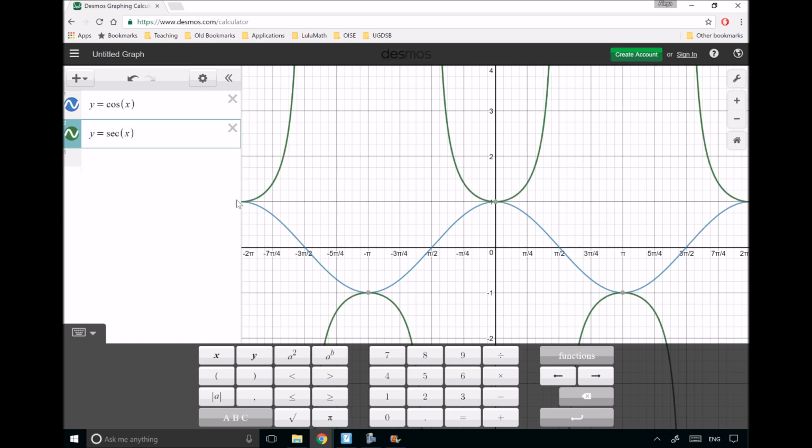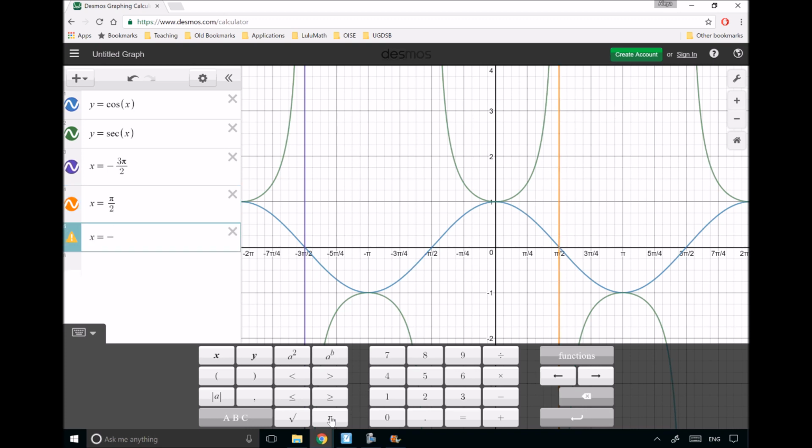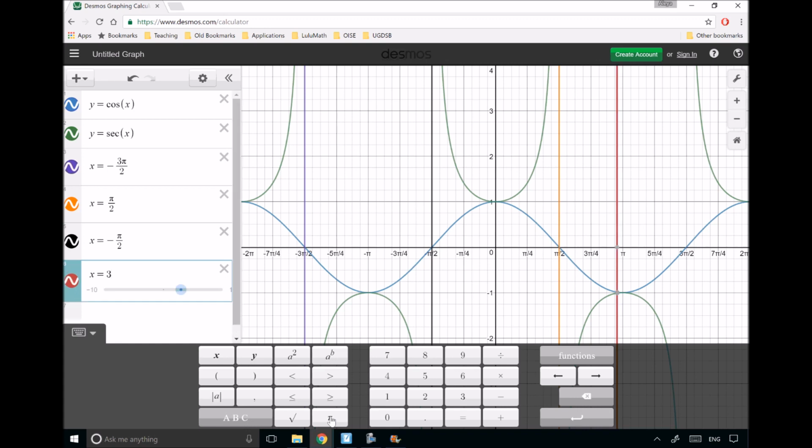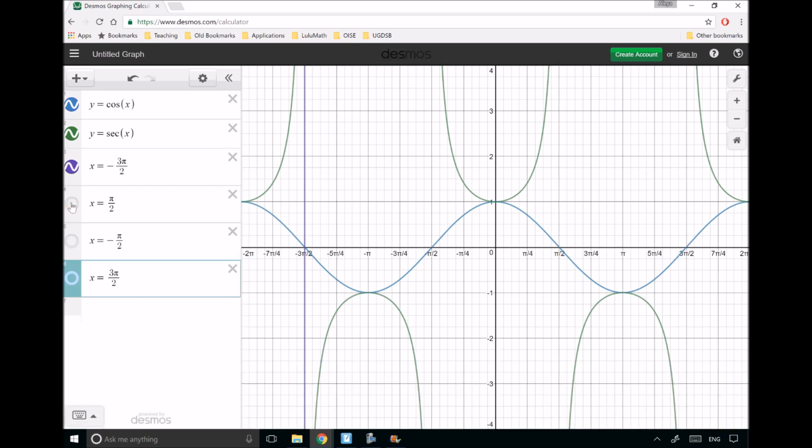And if you notice, this is exactly what we ended up getting right here with our vertical asymptotes occurring at x equals negative 3 pi over 2. Right? Also, we've got an asymptote occurring at x equals pi over 2. We've got another one occurring at x equals negative pi over 2. And another one at x equals 3 pi over 2. And then it just keeps going for us as our cycles continue, okay? But really, essentially, the most important piece is the actual secant function, which we now know looks as